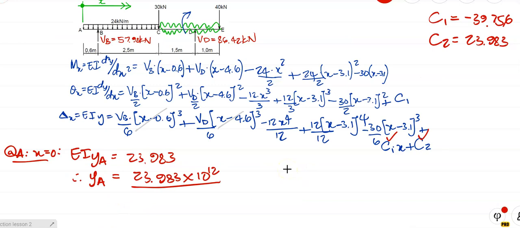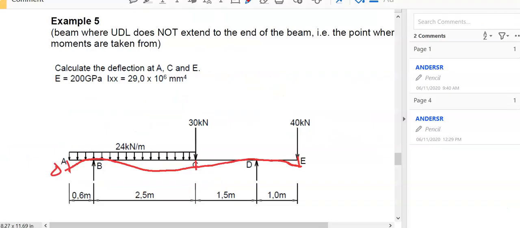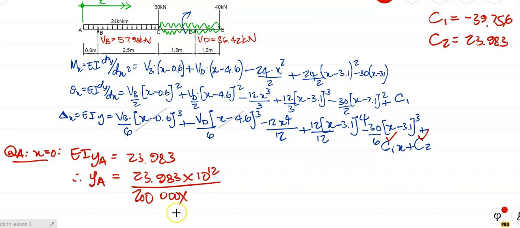Right, so that's 200,000. If you put in 200, it's going to be 1,000 times too big, and you're going to get like a meter deflection, and it's going to be wrong. Remember, the answer must be a small number. It's a deflection. So it's 200,000 times, I'm going to check it. I think it's 29. Yes, it is 29 times 10 to the power 6. So it's 29 times 10 to the power 6 millimeters to the fourth. And if I work all that out, I get actually